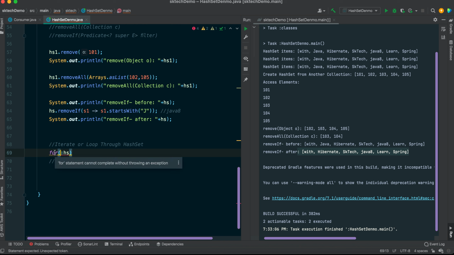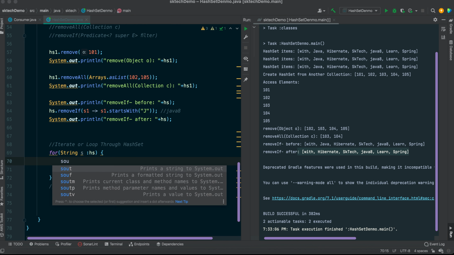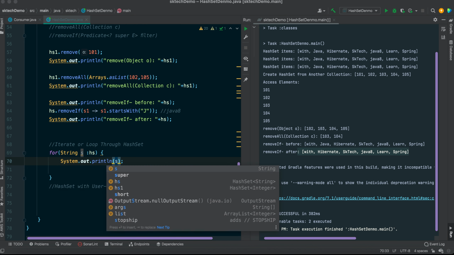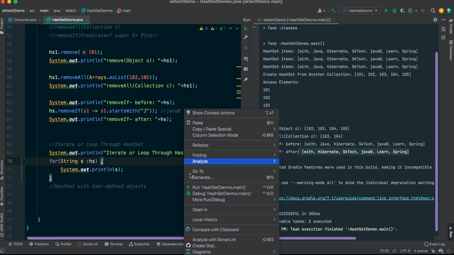Since we have inserted the string type, we need to provide here String type and some object like s. Since this is a local variable, it is not throwing any exception, like earlier when it was showing s was already defined, and also we have removed it. Now let's try to print it like this, and let's add some statement also. Okay, now let's run this program and see the output.